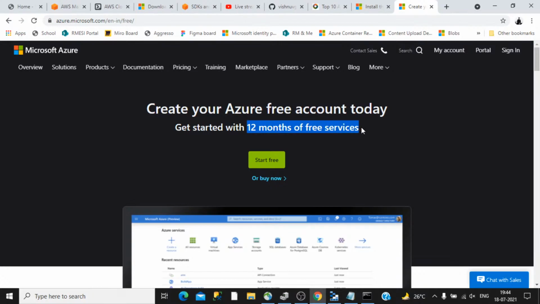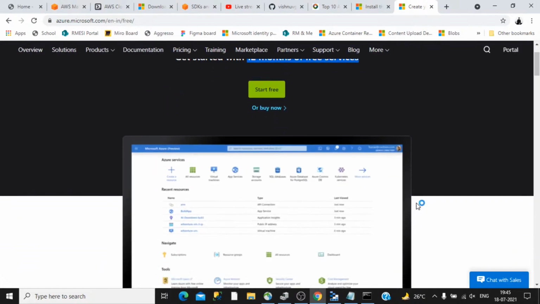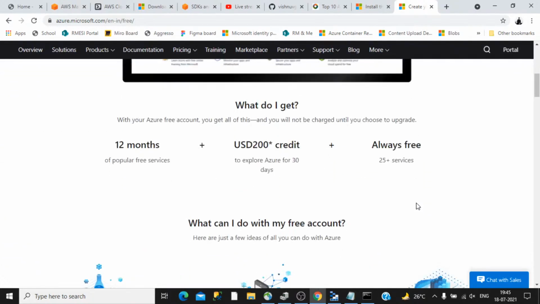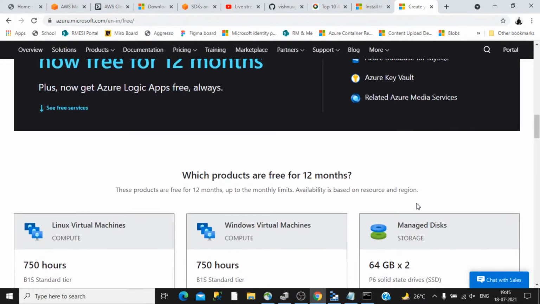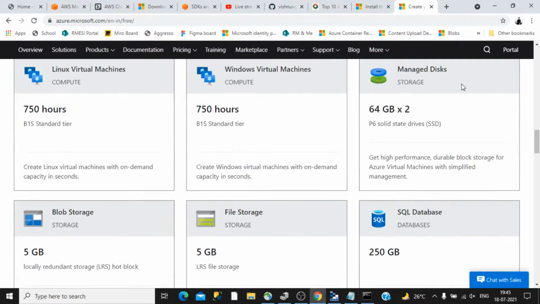It's not an advanced tier or a premium tier, it's kind of a basic tier, but that will be enough for you to get started and to learn more about these services, and with that you can spin up different resources to understand more about the different free services they provide. So you can scroll down and you can get a picture of all these things.